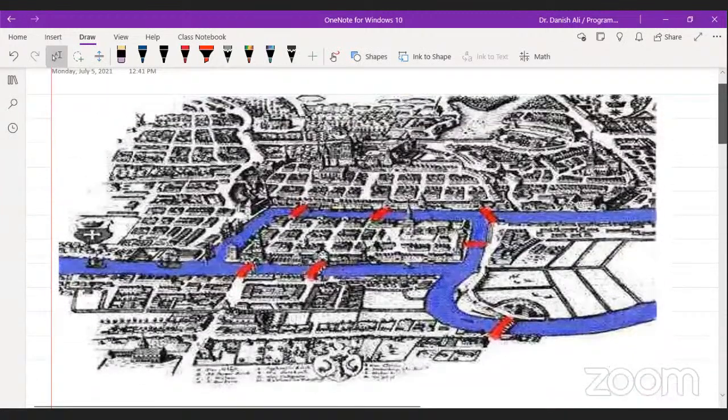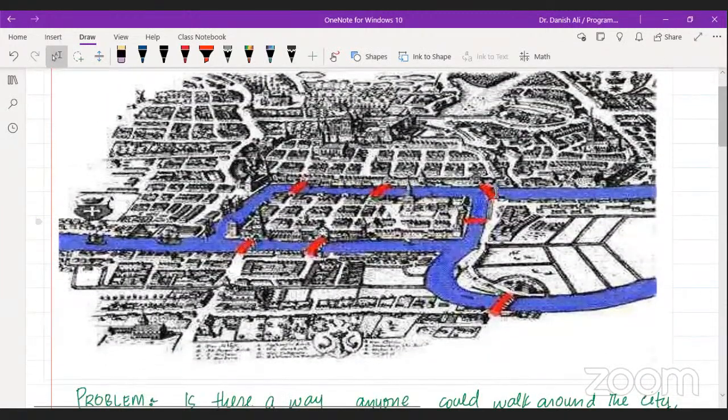So the beauty of this city is that it has a river inside the city, and the city has four areas. It consists of four land masses. As you can see from the figure, one of the land masses is this one, one is this one, one is this one, and one is this one. So there are four land masses, and these land masses are